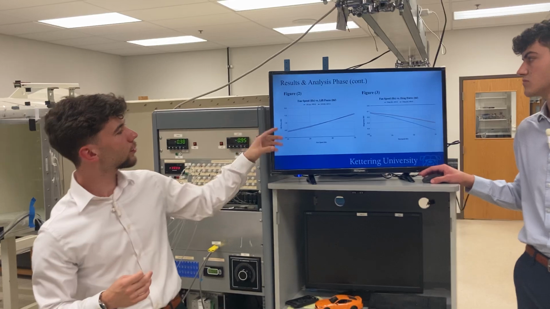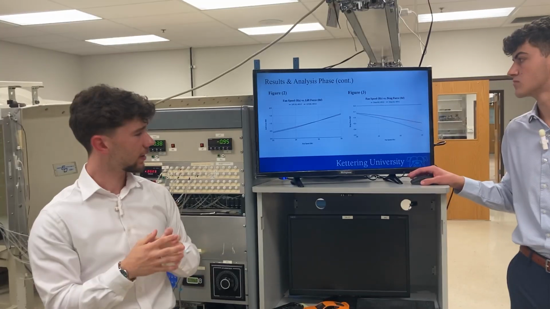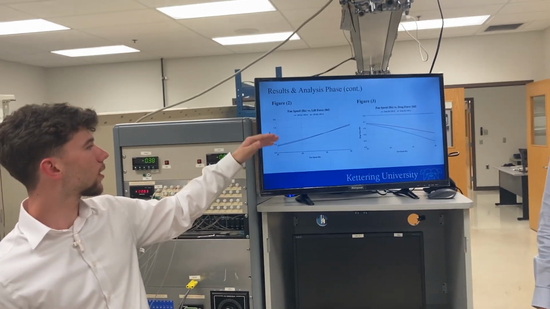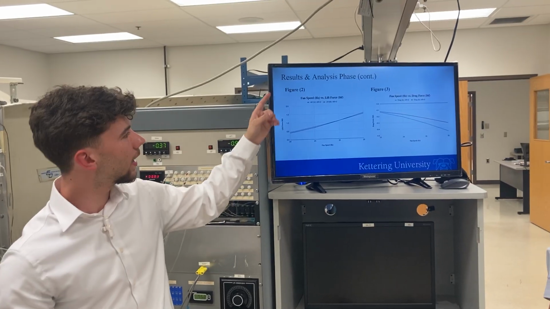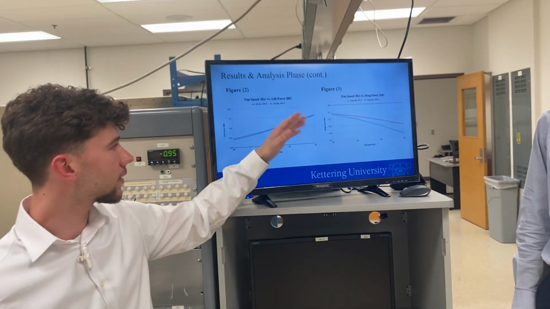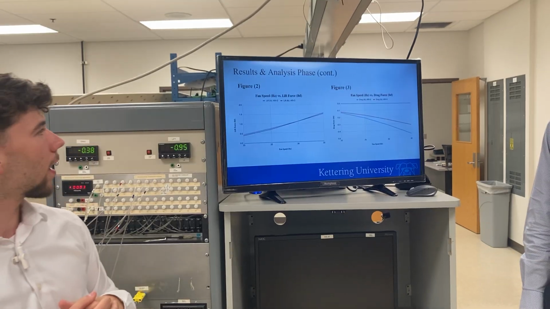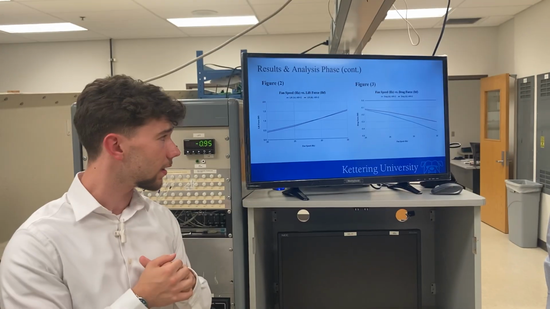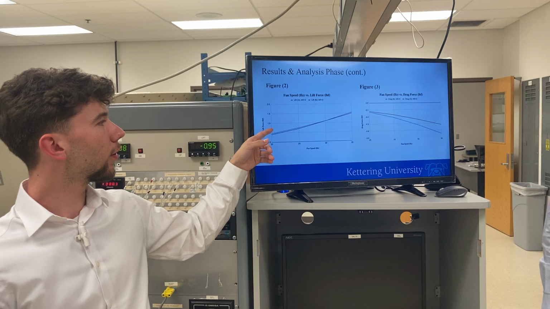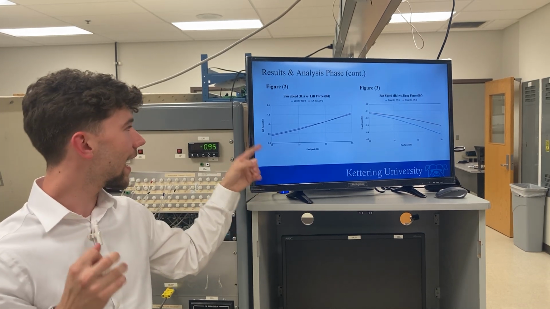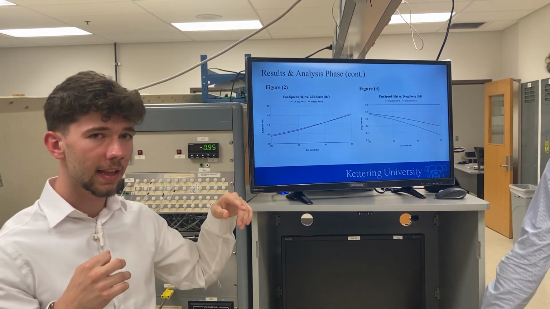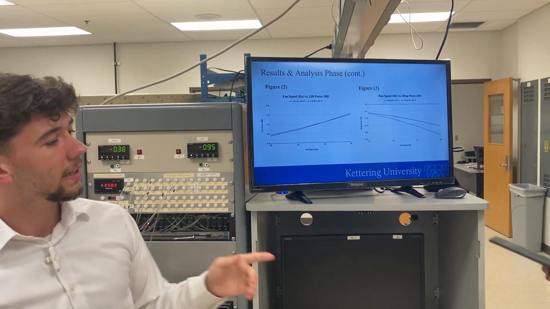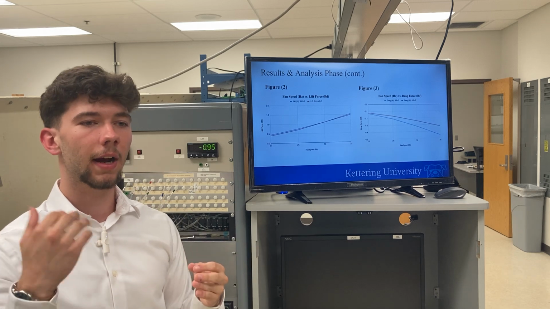So here, in figures 2 and 3, we can get some real-world applications of these foils. First, in figure 2, we have the fan speed graphed against the lift force for each of the foils, and in figure 3, we have the fan speed graphed against the drag force for each of the foils. Now, figure 2 is actually inconsistent with what theoretical aeronautics would tell us. This is showing that the airfoil with the lower aspect ratio has less lift force compared to that of the higher aspect ratio. Typically, in theory, we would believe that the higher aspect ratio wing would have higher lift forces,